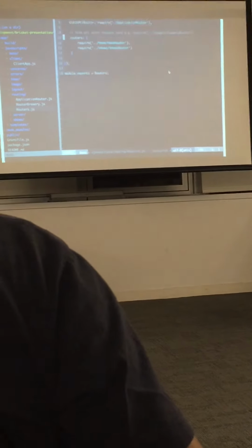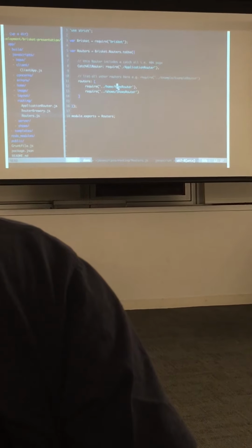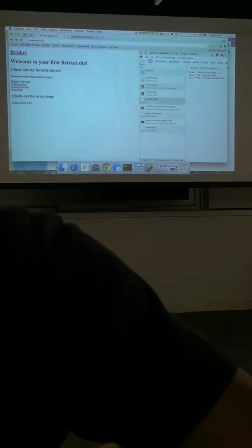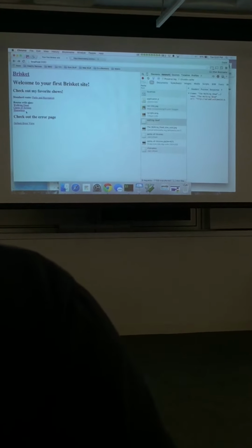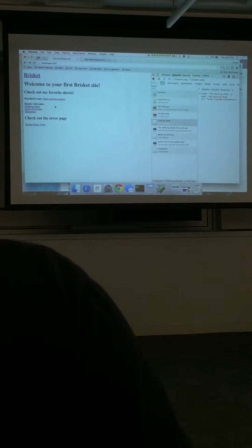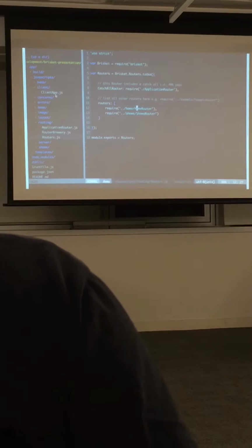So Brisket allows you to set up routers. I have a home router, so when I go to slash, it's going to handle it. And then it has a router for all my shows. So this shows /shows/shameless. I have 3 shows which respond to a parameter, and then 1 specific route for Parks and Rec. So if we go to the shows router,